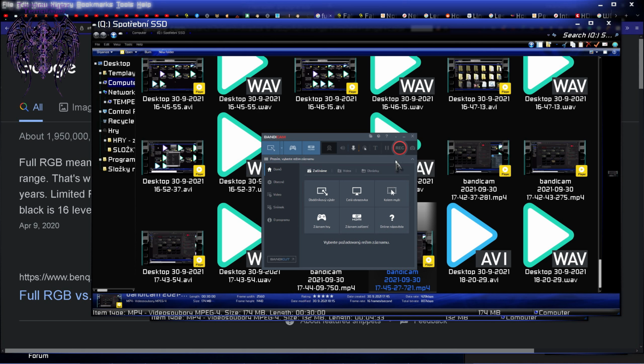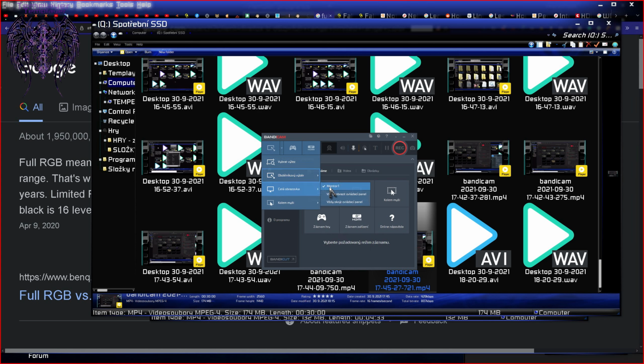Right now we have the screen, we have these three main buttons. If we want to record a part of the screen, in this case a rectangle, we can choose a part of the screen, a rectangle, an entire screen. This is monitor 1. We can also select the area around the mouse. I don't know how that works, I never use that one. Then we have the